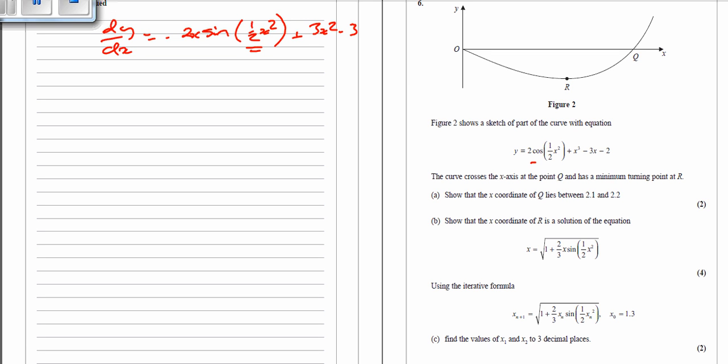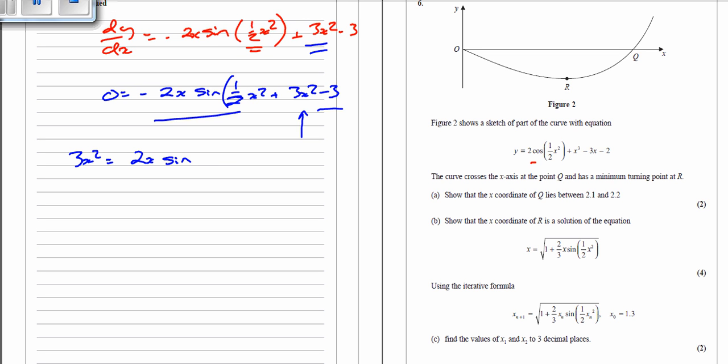And then we're going to rearrange to get x equals. If you have a look here, we've got this square root, which means chances are we're looking at this value of x here. So we're going to set that equal to 0. Make sure we've got that there. Minus 2x sine of a half x squared plus 3x squared minus 3. If we want to make x the subject, get this and this over to the other side. So we've got 3x squared equals 2x sine of, I should put that in brackets, sine of a half x squared